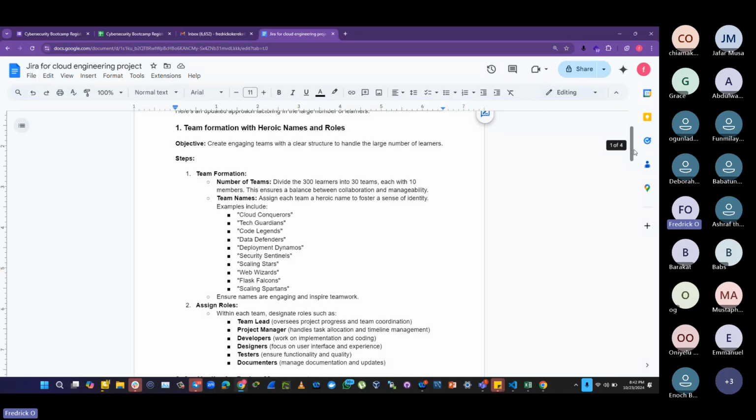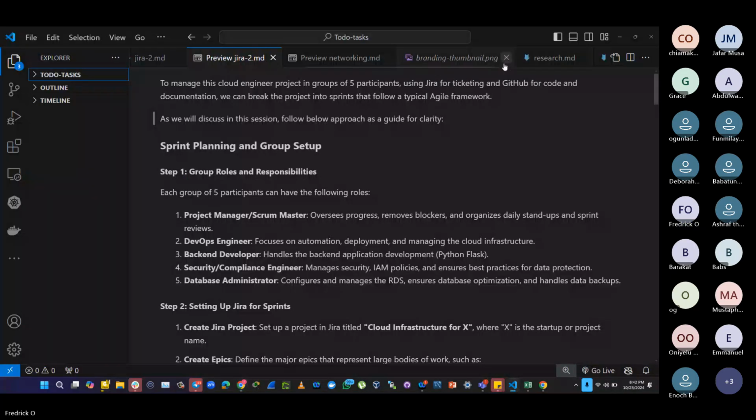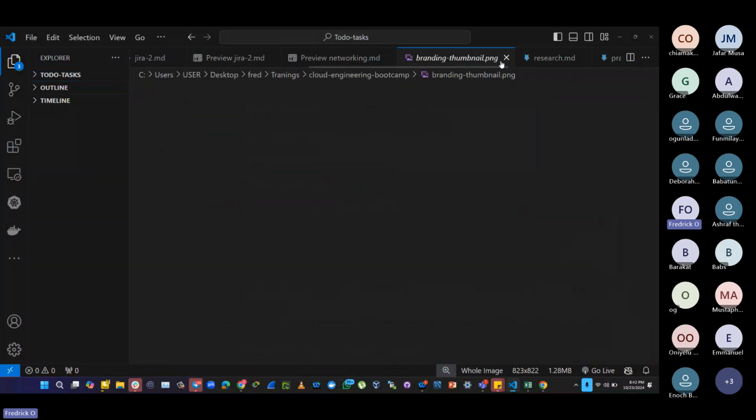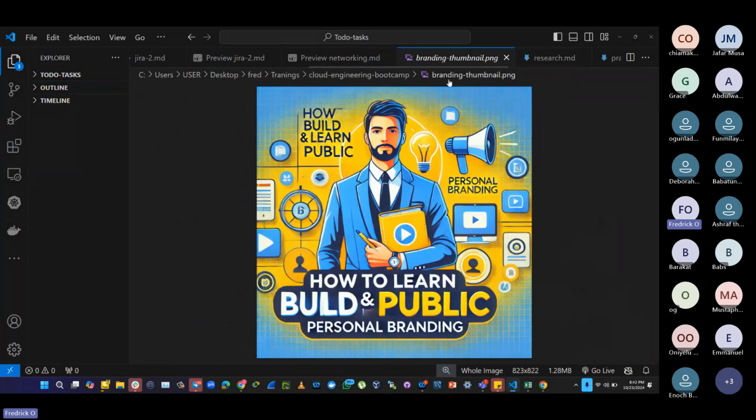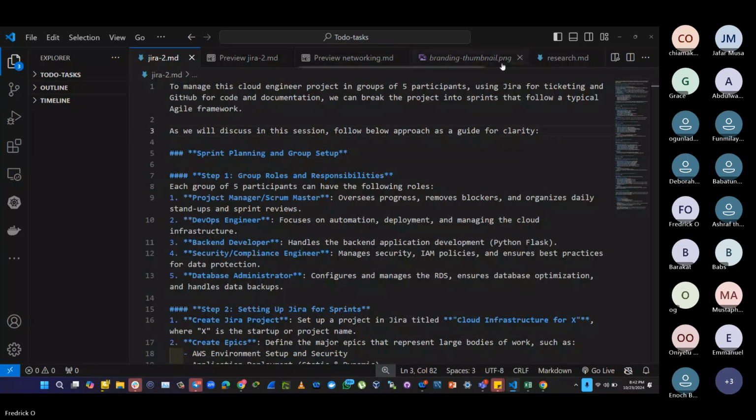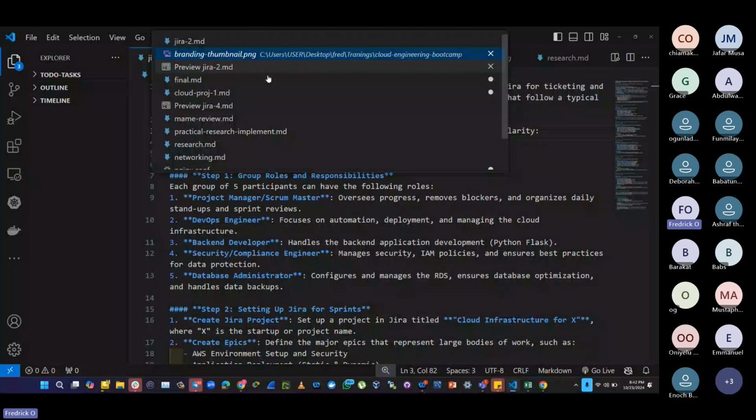Okay, so the idea is to have team names. We're going to group each team with 5 persons. We have 6 sample projects, 6 sample project topics. Let me show you so you can see what I mean. Let's see.